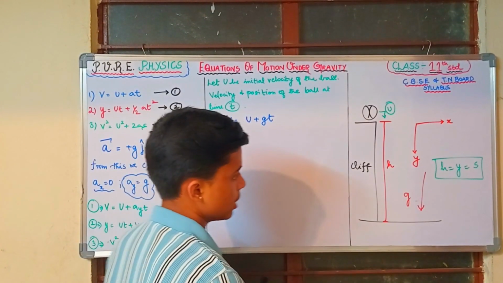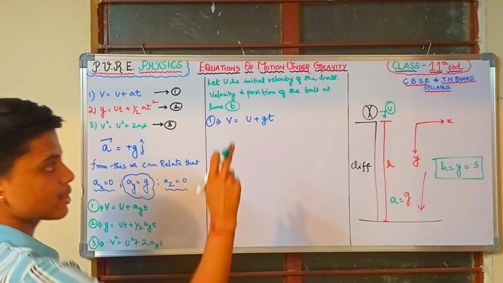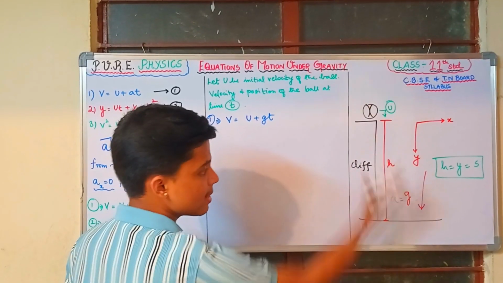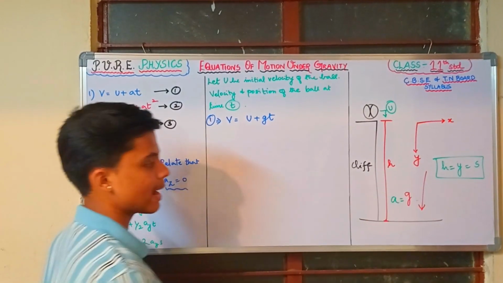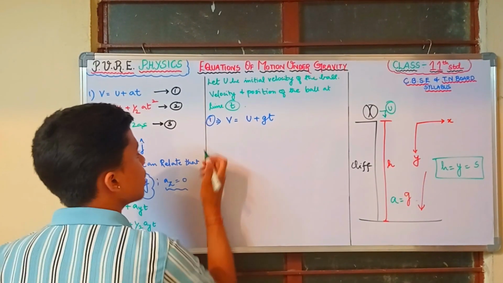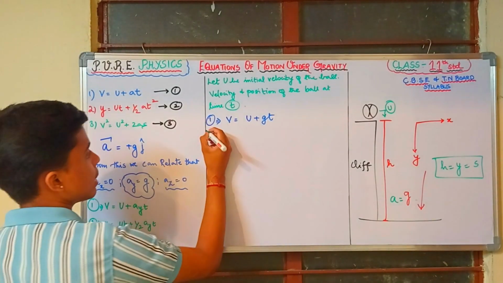going to substitute g. So here the acceleration is equal to g. Acceleration of the ball is equal to acceleration due to gravity, because the ball is moving in the vertically downward direction, acting along the gravitational force. So the gravitational force will make the ball move downward. So therefore I am going to write a is equal to plus g, and the second equation becomes